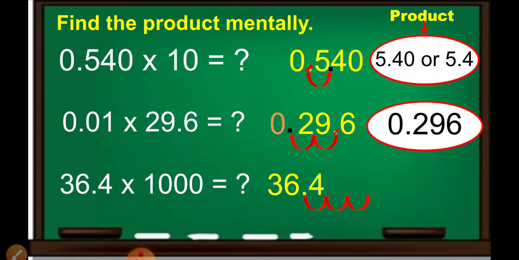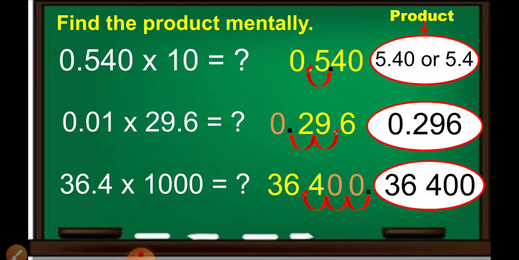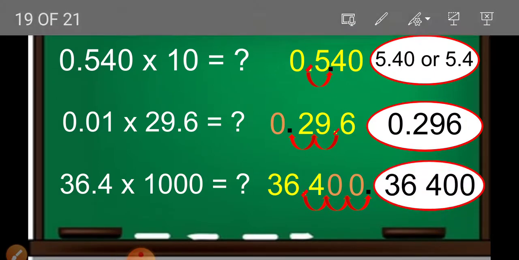And annex 2 zeros because there are 2 spaces. Then transfer the decimal point at the right of the last 0 digit, and don't forget to cancel the given decimal point, and the final answer is 36,400. Next,